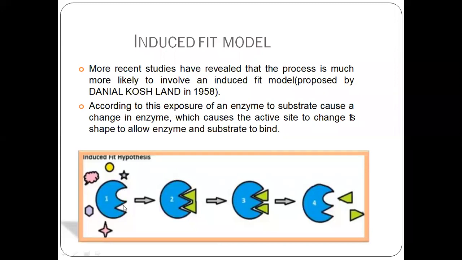So the enzyme is inducing itself. The active site shape is inducing itself to fit the shape of the substrate, such that the enzyme is having maximum interactions with the substrate. When the interactions are maximum, we will get a lower energy transition state, thus decreasing the activation energy, which makes the reaction faster. So, in 1958, Daniel Koshland proposed the induced fit model, and till today, this model is accepted for the enzyme substrate theory.